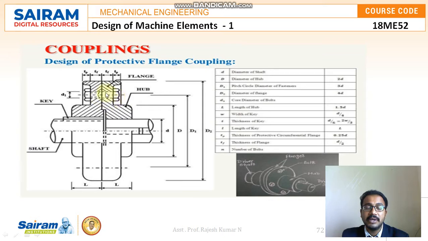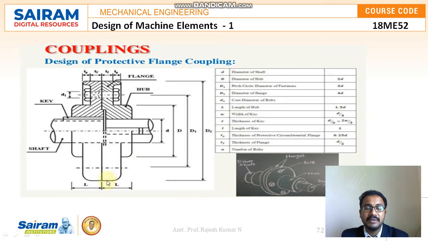So in the bottom side only it is completely covered with these kinds of things, but in the lower upper side, it is completely made with this kind of setup, but in the lower side it is made with a few technical alterations, where small d is nothing but the diameter of the shaft, and capital D is nothing but the diameter of the hub. You can see this, and the formula is 2D, and D1 is nothing but the pitch circle diameter of the fasteners, that is 3D, and capital D2 is nothing but the diameter of the flange, that is 4D,